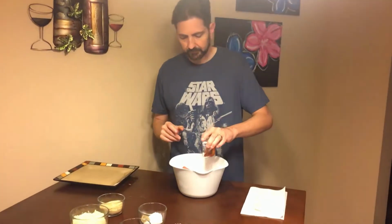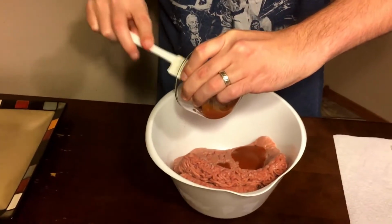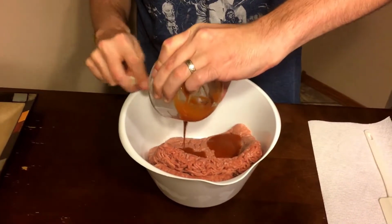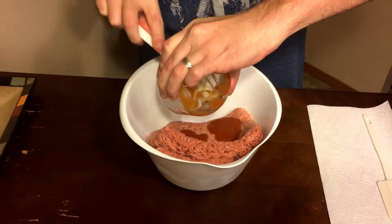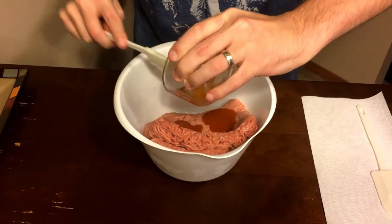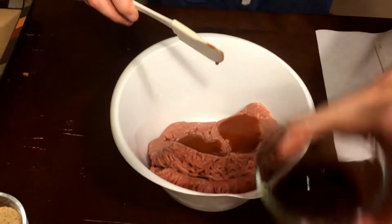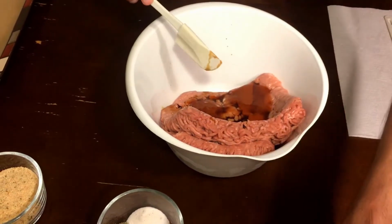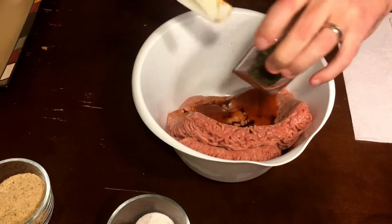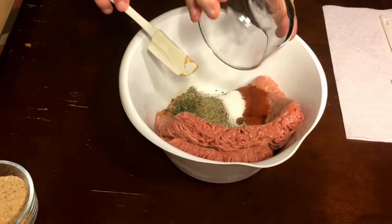So we'll start off with the hot sauce. You can use a spatula and get as much out of the cup as possible there. Okay. Worcestershire sauce, the parsley and thyme, the pepper, salt and sugar,